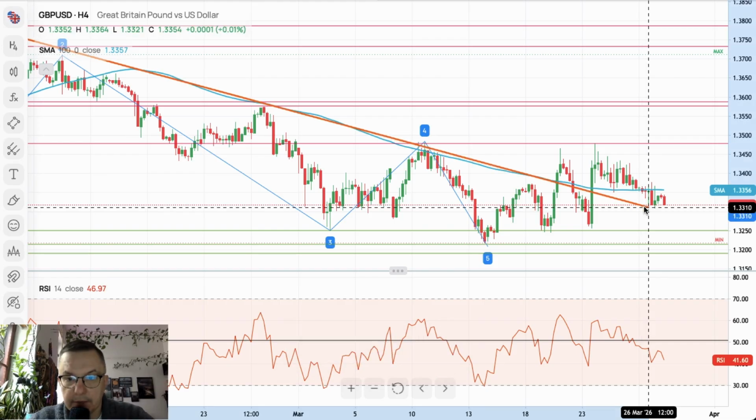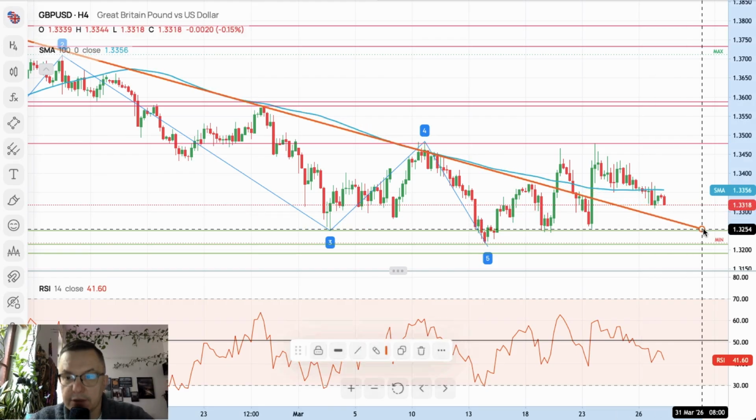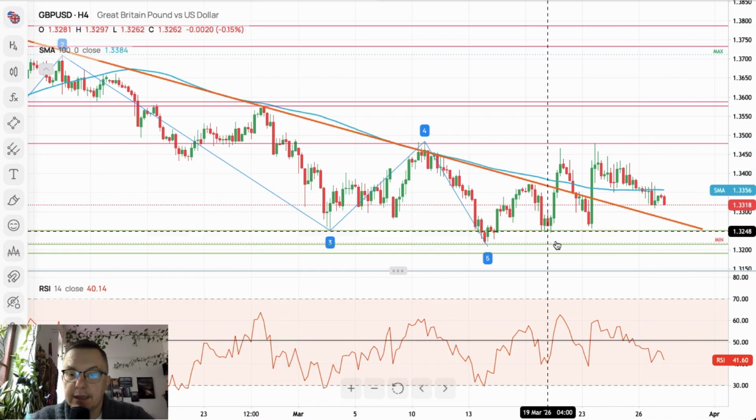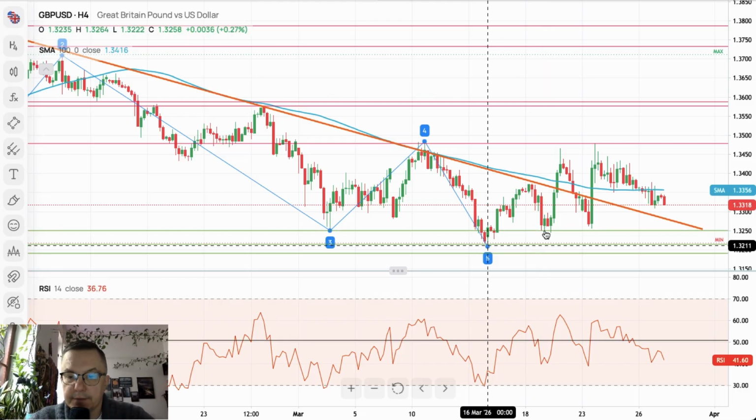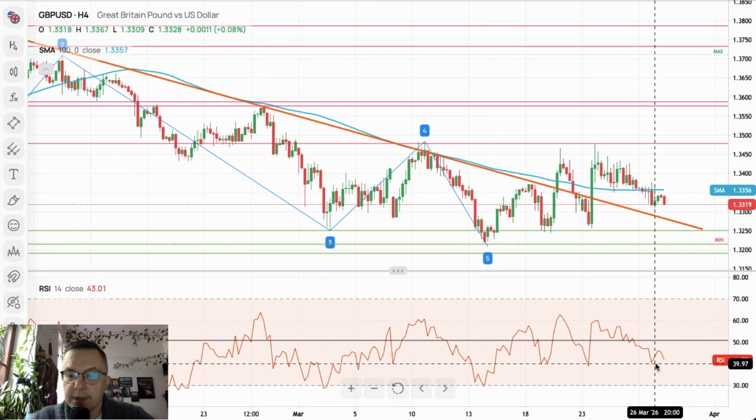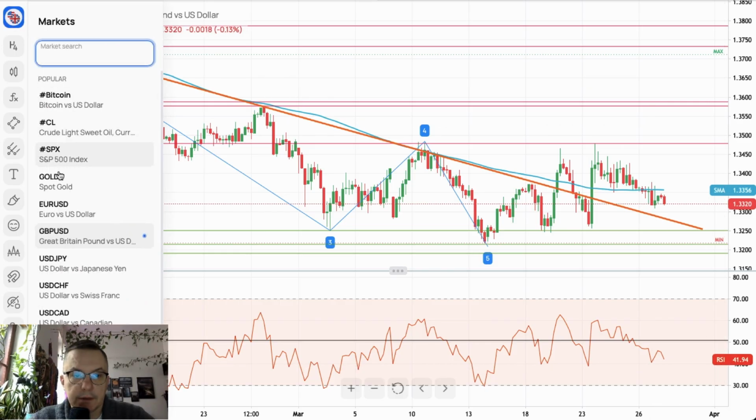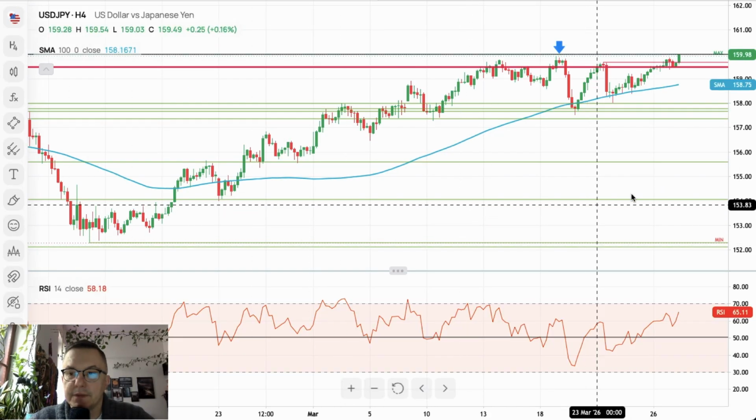Now we are about to break below the trend line, test the trend line, break it, and then of course the test of 1.5250 is next in the books. Any breakout lower and the weekly low is next for a test, and the 2 weeks low apparently is next for a test. Momentum negative 41 points, exactly as it is on the euro dollar, so that's the same situation.